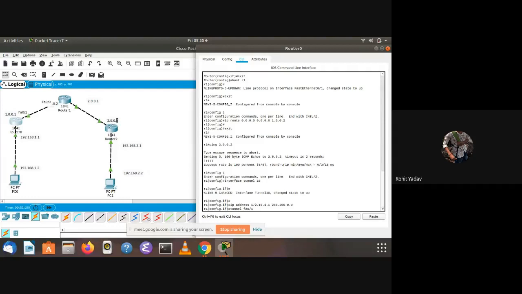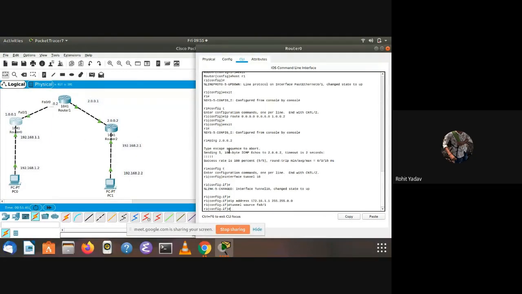So this is the source. You can understand it by the naming also. We are creating a tunnel from this router to this router. So this is the source and the destination is this. Okay.